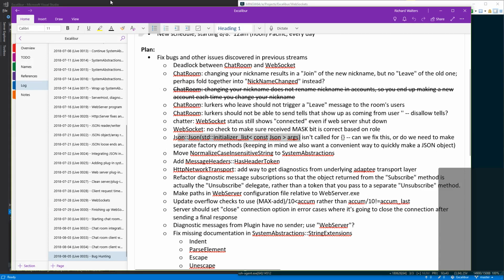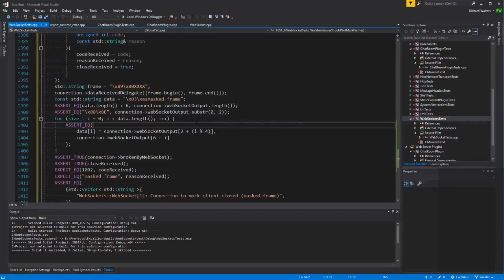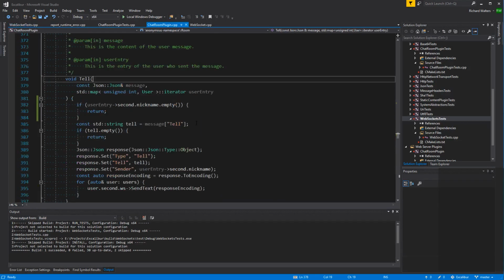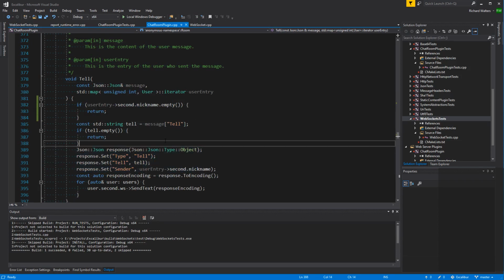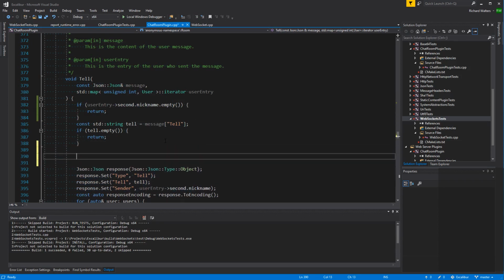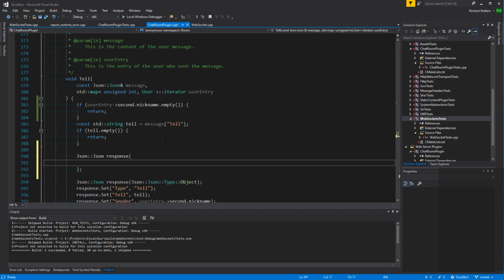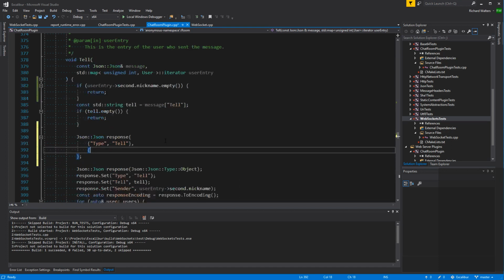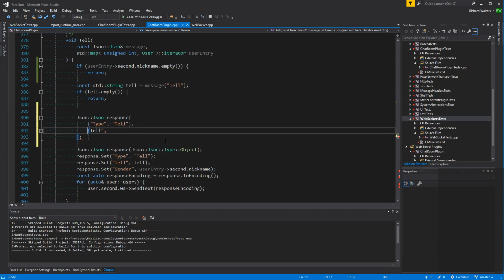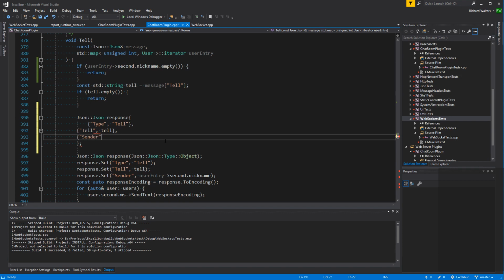I came up with an idea offstream. Let's see, if I look at the chat room plugin, for example, instead of having to do that, it would be nifty to be able to say something like JSON response, and then just give an initializer list where you say type, tell, and then tell, sender, this, right?